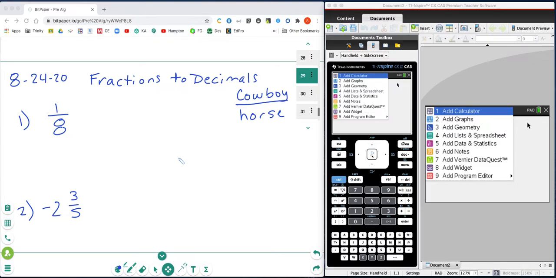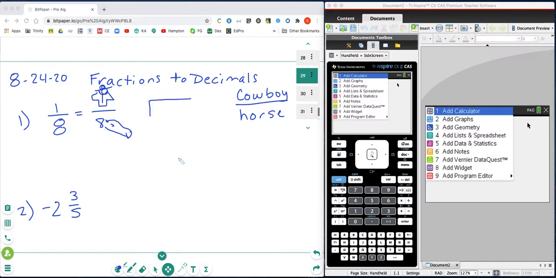So the first thing that we're going to do is rewrite our fraction and make it a cowboy and a horse. So we're going to think of the cowboy as a rodeo rider. Kind of a cowboy hat there. And then we're going to make the denominator his horse. Now, why do we use the cowboy and the horse? Because that helps us to know which number goes underneath the